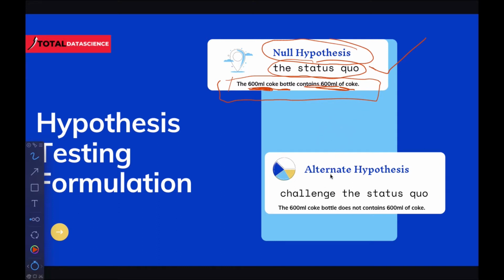Now we're going to set another hypothesis. That's the alternative hypothesis to challenge this status quo, right? That's no, what the